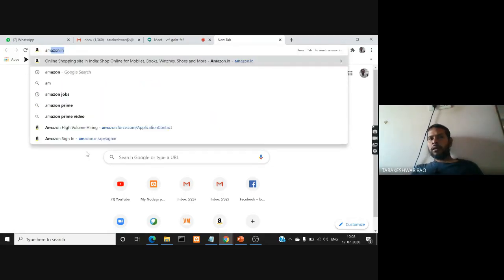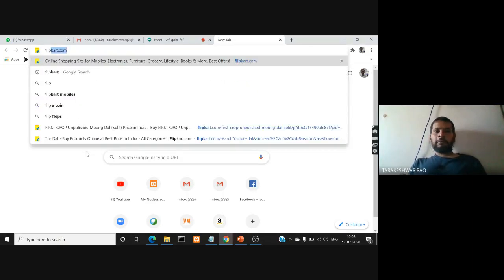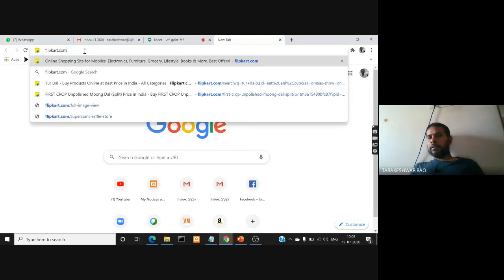So I'll type the URL www.amazon.in. If I want to open Flipkart, I'll type flipkart.com. Right? So this bar where you're typing the address or the URL of the web application that you want to access is called the address bar.